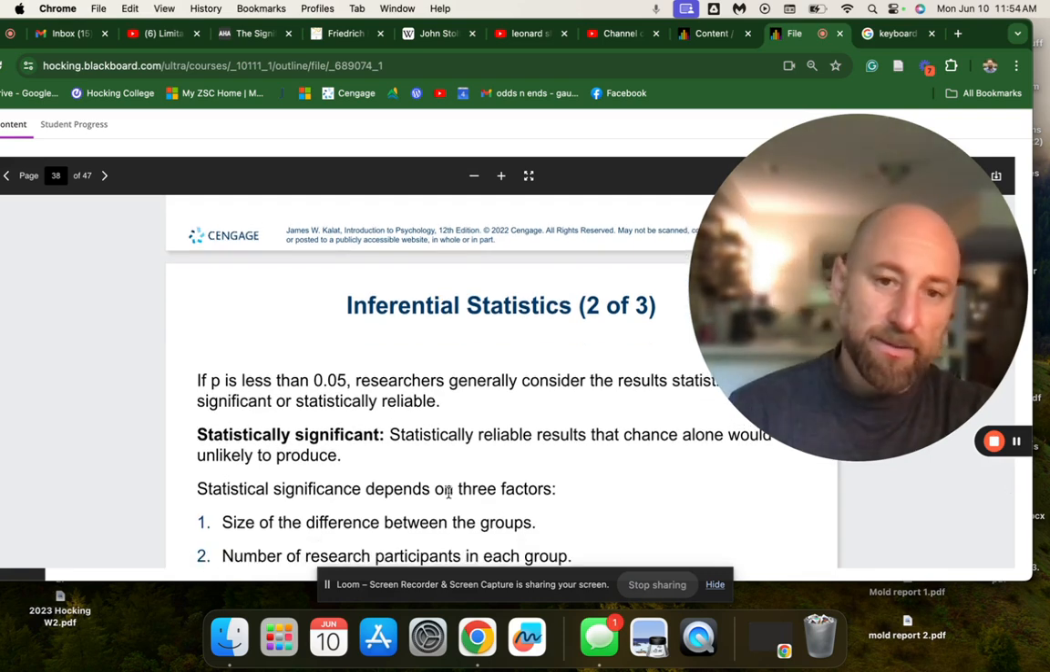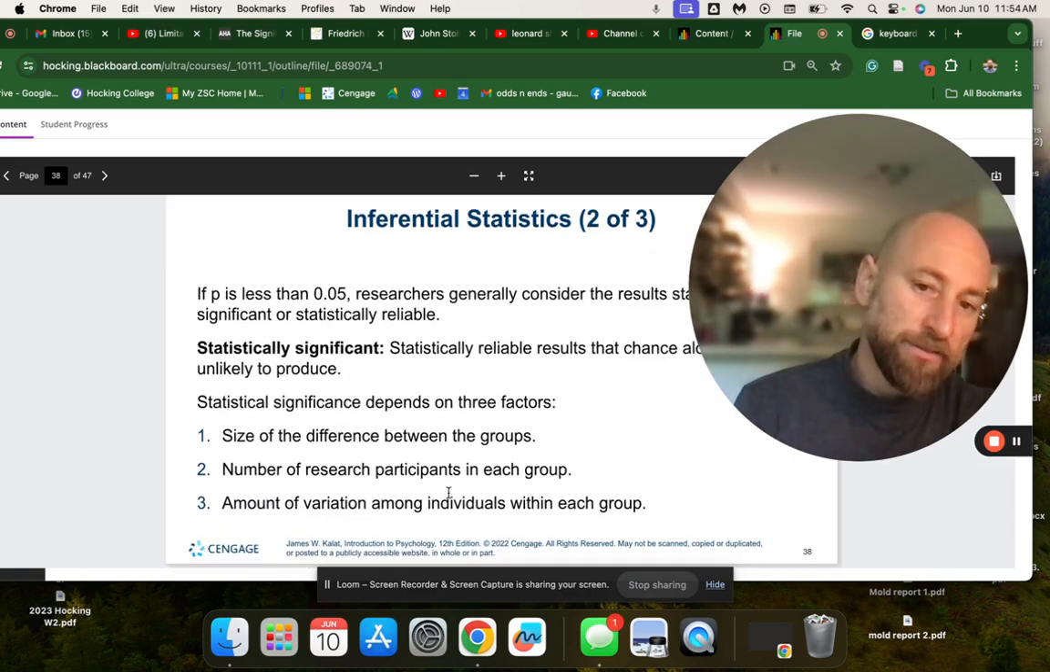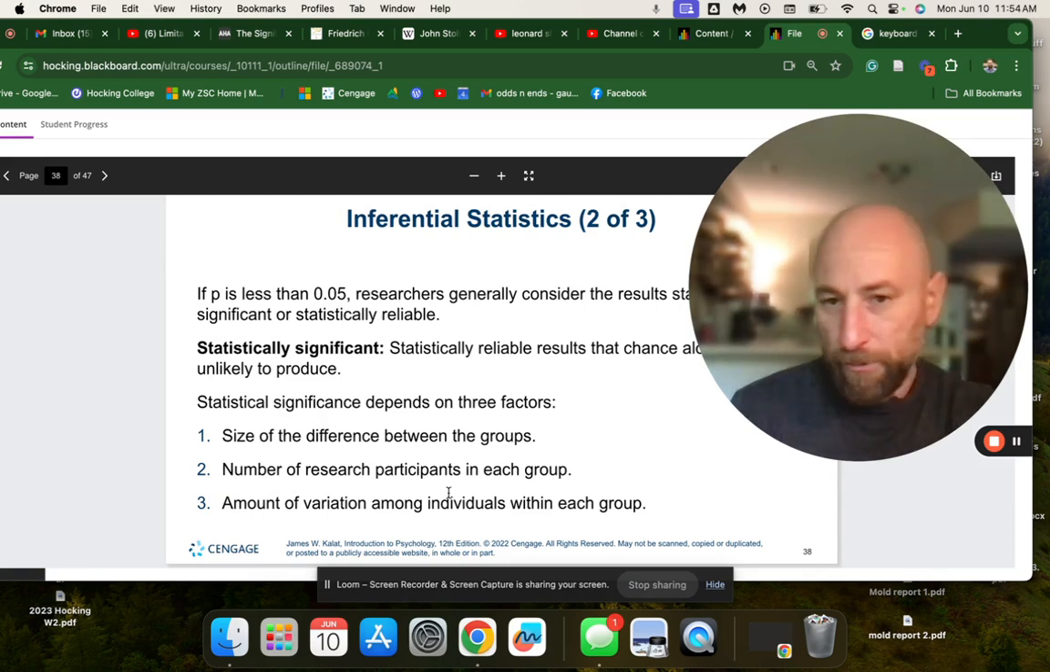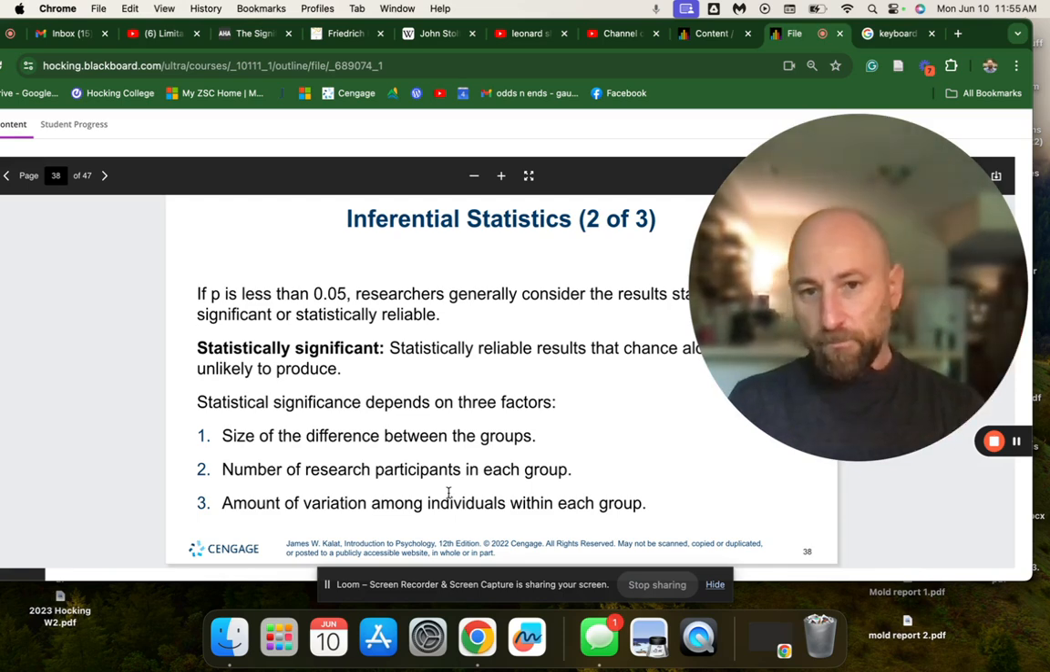Statistical significance depends on 3 factors: the size of the difference between the groups, the number of research participants in the group, and the amount of variation among individuals in a group. As I mentioned, this is all important stuff. There's no way for me to explain it to you in 2 minutes, and you can learn it, but these steps are worth knowing. I think the most important thing here to understand is that this term statistically significant can be slightly